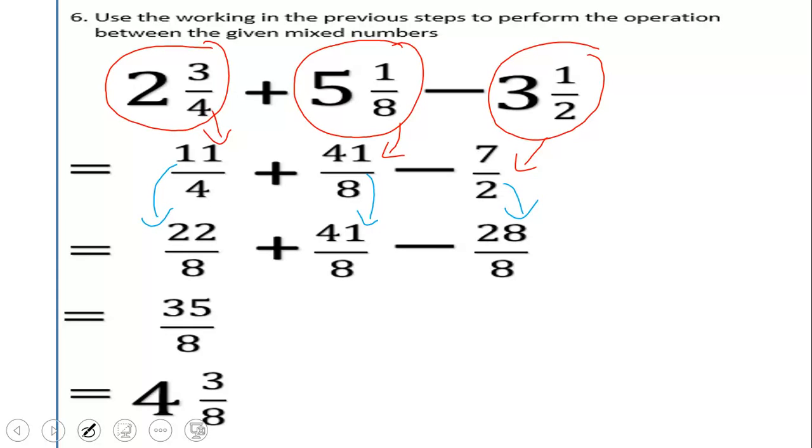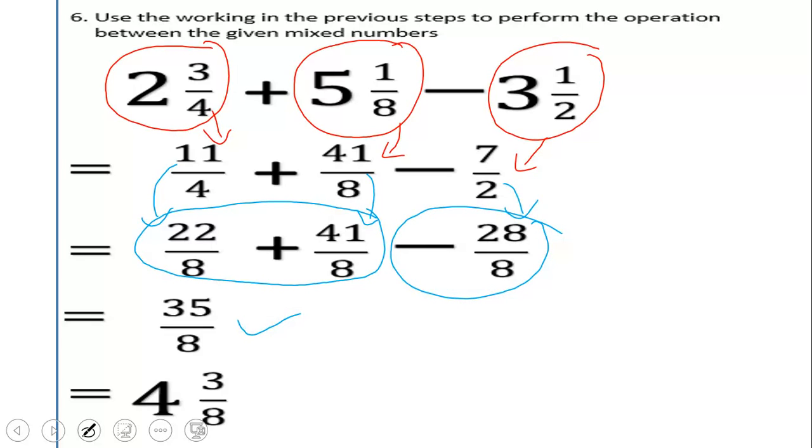So now let's add 22 over 8 plus 41 over 8, and then subtract 28 over 8. And that's exactly what we did. And when we did that, we got 35 over 8. And then we converted 35 over 8 into a mixed number, and we got 4 and 3 over 8. And 4 and 3 over 8 is indeed the answer to this